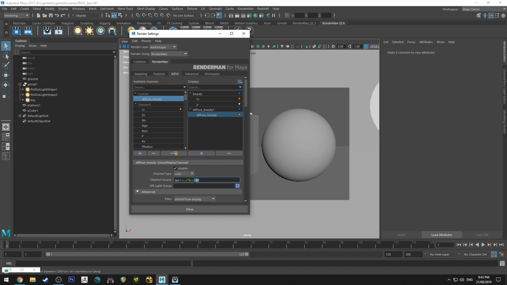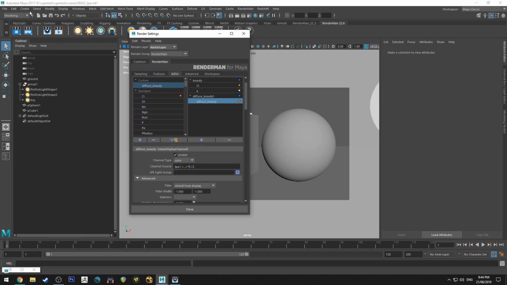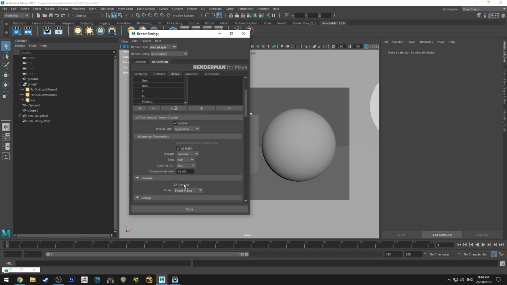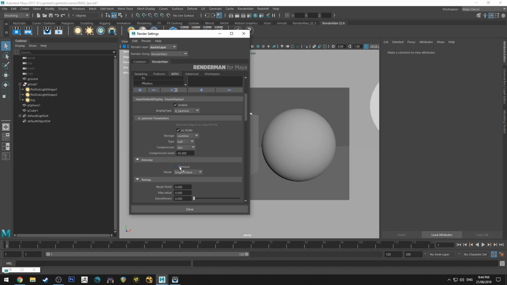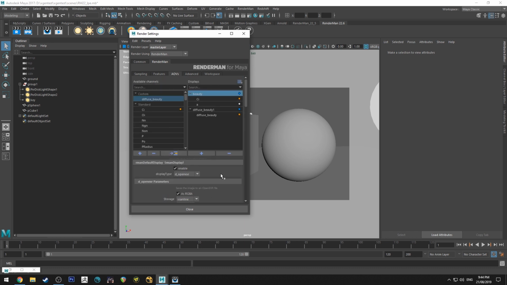But you could actually write this out as just, again with the shift, LO, and that will give you the same thing. So when we run an IPR, we will enable denoising on that one, and we will not enable denoising on our regular render pass, which is our regular beauty pass.